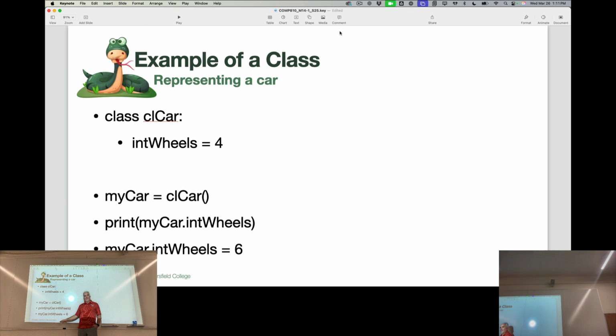Are we following so far? Feels a little weird, probably, but that's okay. And to change that property, now this is not what we want to be doing. I'm going to talk to you about this later. But right now, we'll just say we can change that property directly by accessing it like this. mycar.intWheels equals 6. Now, it will change only the number of wheels for my car. Let's dig